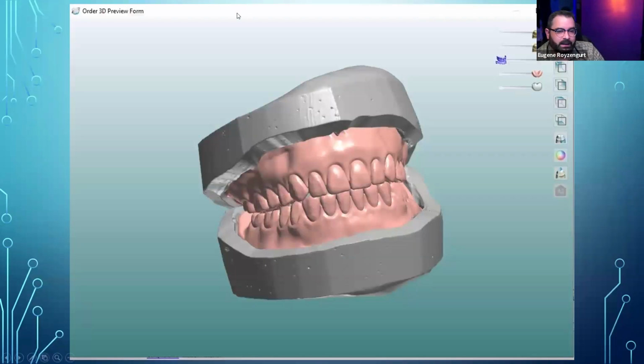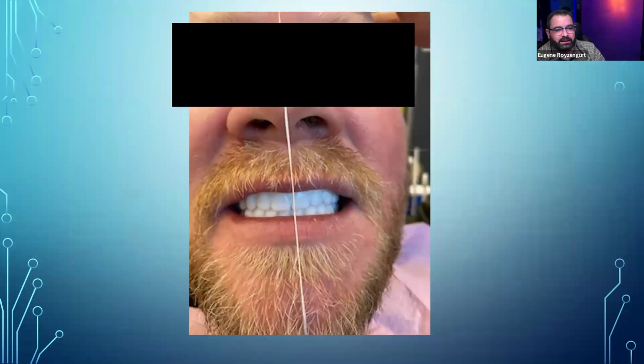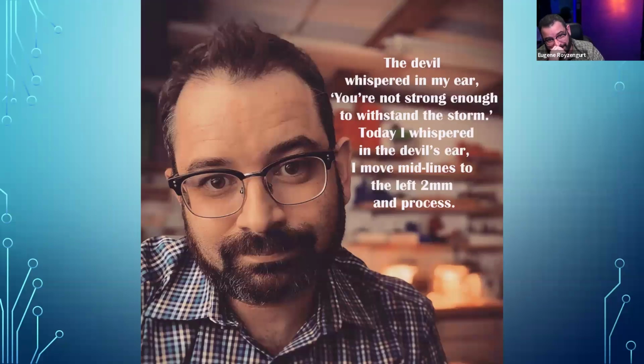Okay. Now, printed try-ins, guys. Printed try-ins are great, especially for midline adjustments. So I did this case for this patient. We did a try-in, and the doctor's like, the midline's off. Can you shift the midline over 1 millimeter? If I had a penny for every time I've heard this, I'd have a lot of pennies. So I actually created this little meme